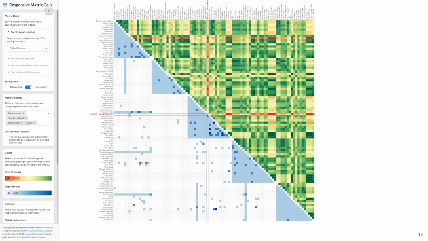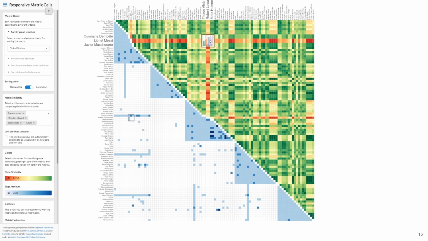and Robert Lewandowski. The two lines, with many reddish cells, are indicating that they are dissimilar to most other players, while the green cell at the intersection means that they are similar to each other. To study this pattern in more detail, we create a meta cell by selecting a subgraph around the green cell. We can now see the specific attributes of the respective nodes leading to the similarity encoding.